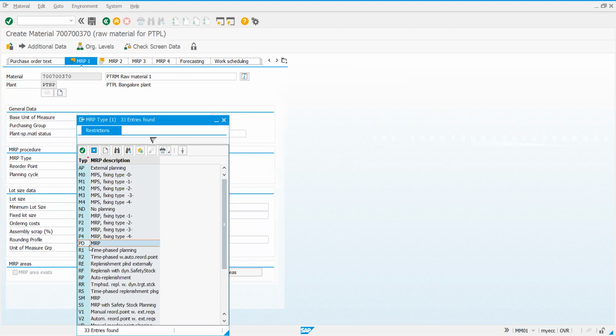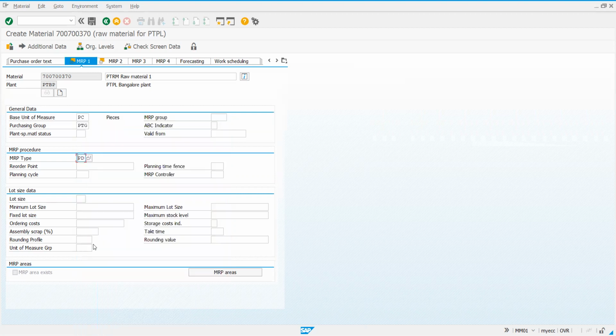So this is the general ND and PD. PD allowing it for planning, ND not allowing it for planning. Here we'll take PD. We have less than a minute. Once this disconnects, we'll connect again. PD, MRP type. And once we allow it for planning, we should also define the MRP controller. What is an MRP controller?